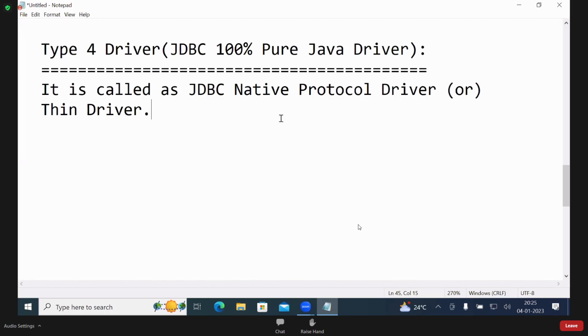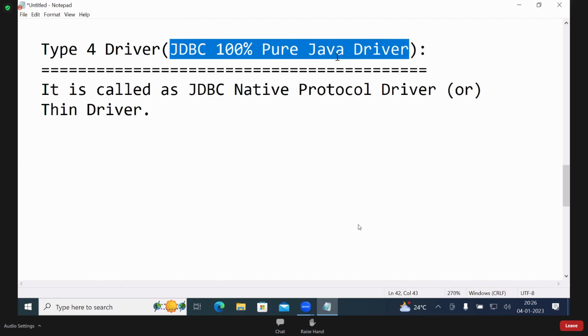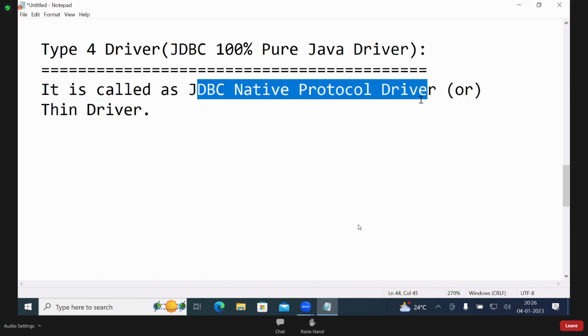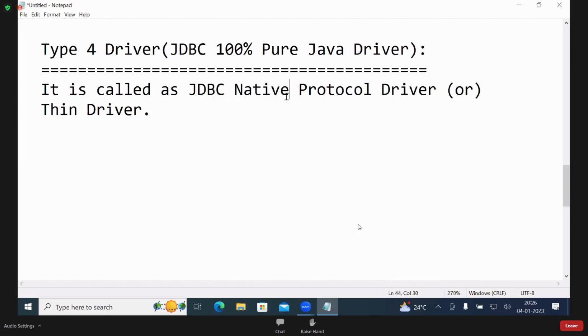See, why it is called 100% pure Java driver: it is developed in Java only. Why it is called native protocol driver: the database understandable protocol is there, direct communication. The Java application instruction is prepared into database understandable communication. That's what native protocol is.